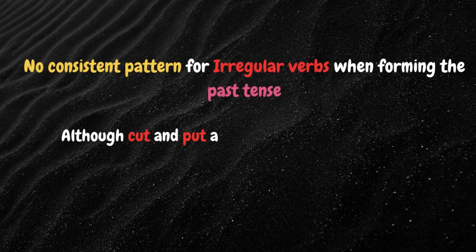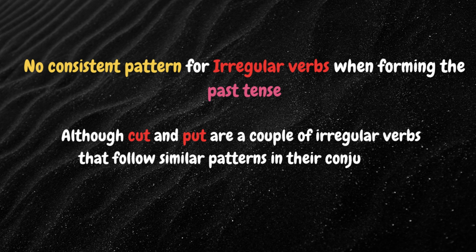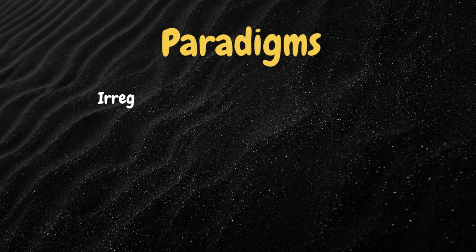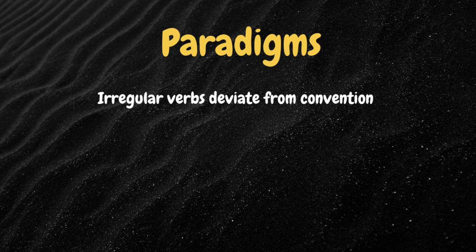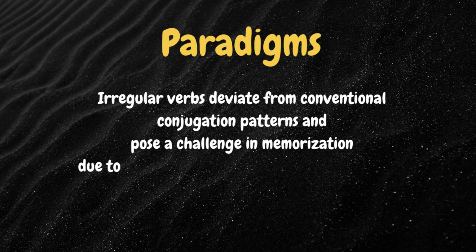Irregular verbs, on the other hand, do not follow a consistent pattern when forming the past tense, although we can recognize groups of irregular verbs behaving the same way, such as got or put, that present the same structure in the same paradigm. Paradigms refer to the various forms that an irregular verb can take across different tenses and persons. Irregular verbs do not follow the typical patterns for verb conjugation, so their paradigms are unique and need to be